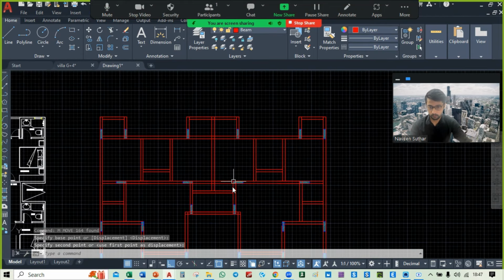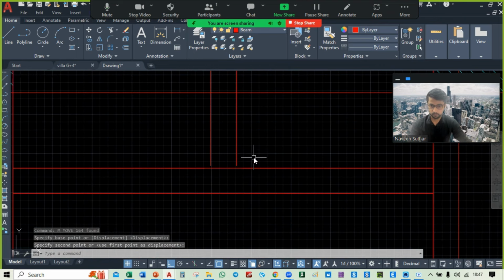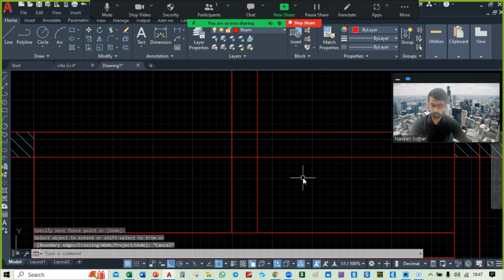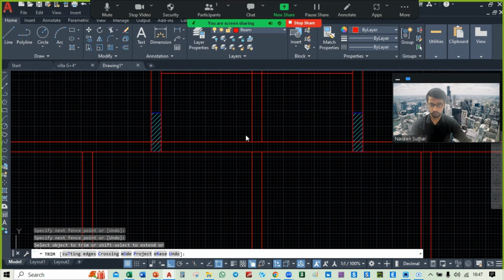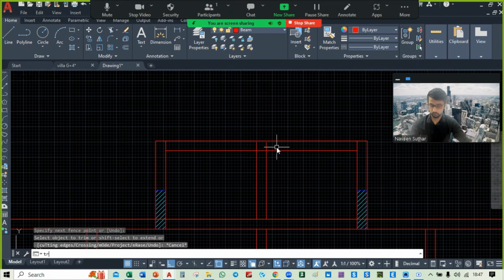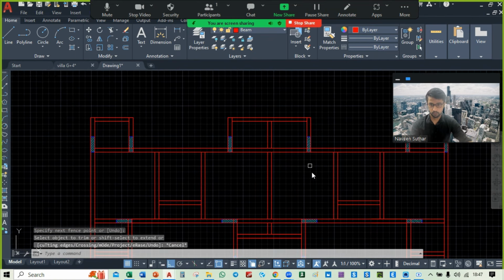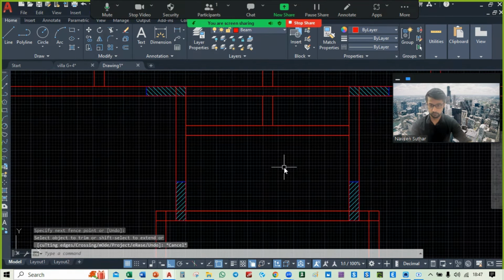Now everything's perfect, I think. So just extend the line, and trim the line from here. Just trim the line from here, and from here also, and from here also. I think it's perfect. This is the perfect framing. So we have to extend this line also from here to